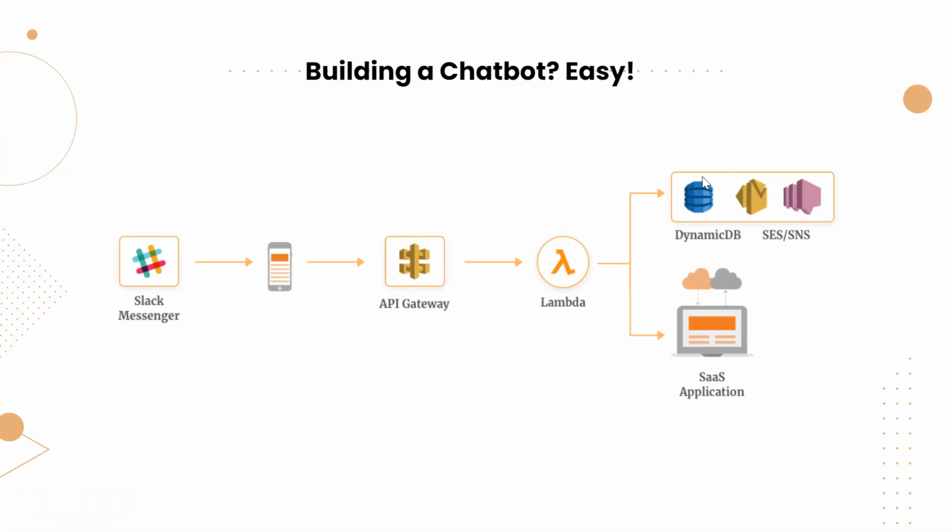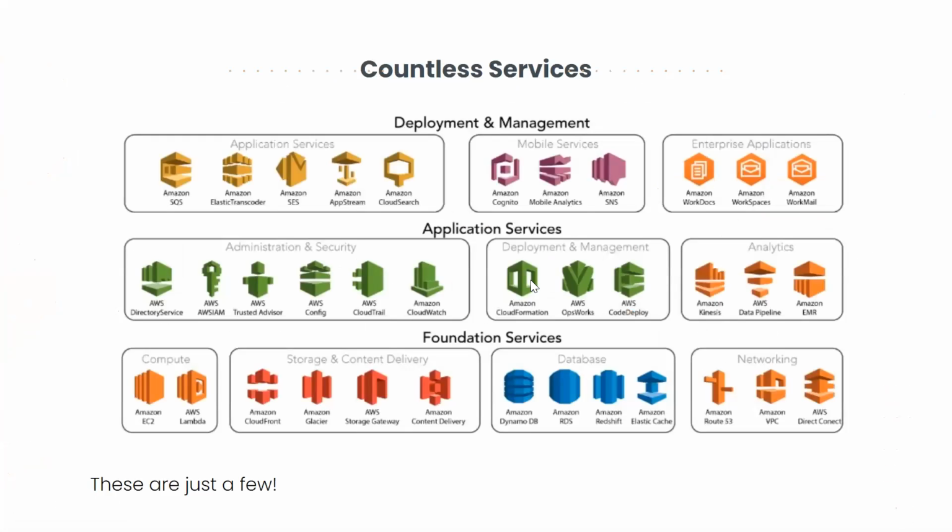So, for example, here we would have perhaps examples that the chatbot was trained upon, and then these are passed to the software as a service application, which we can assume is probably some kind of ML model that is deciding what the chatbot should say in this particular circumstance. And this is a very novel example of building a chatbot, but essentially you can work with these different services and all of the many more under AWS or any of the different cloud services to build a huge system.